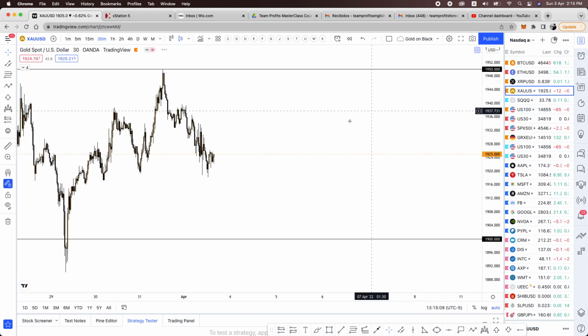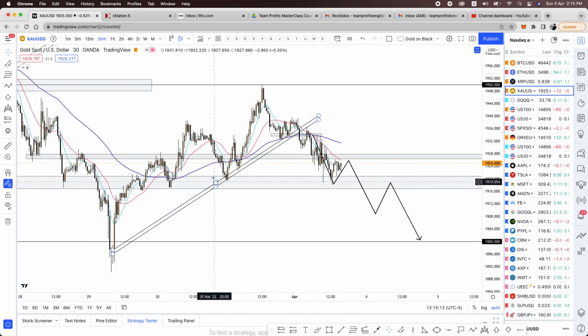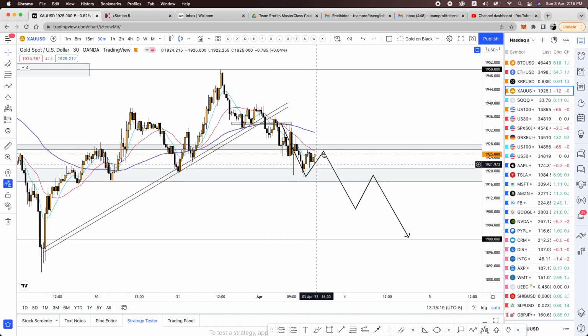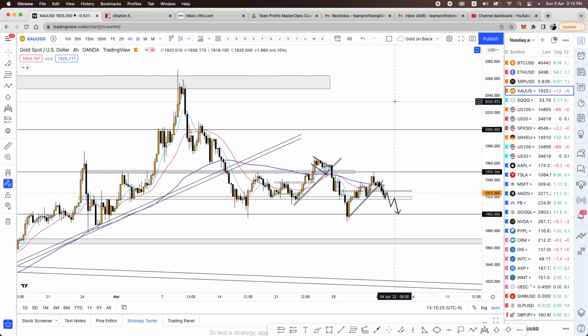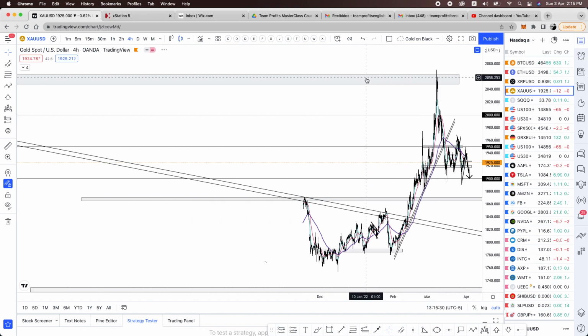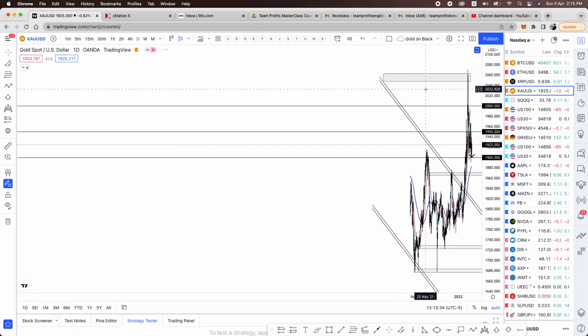And let me show you also gold, what gold is doing. Gold also broke this little trend line right here to the downside. We are bearish at the moment. We're looking bearish, so it could potentially be reaching the 1900 level again, after reaching almost record highs. So this is a big double top. If we go on a daily,